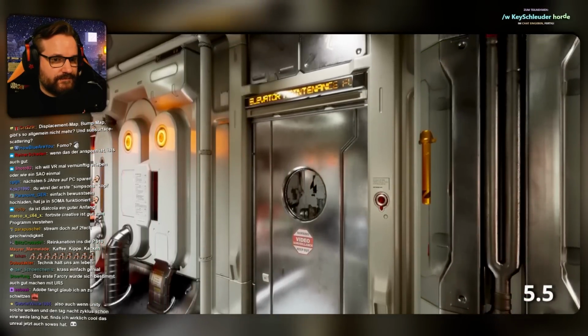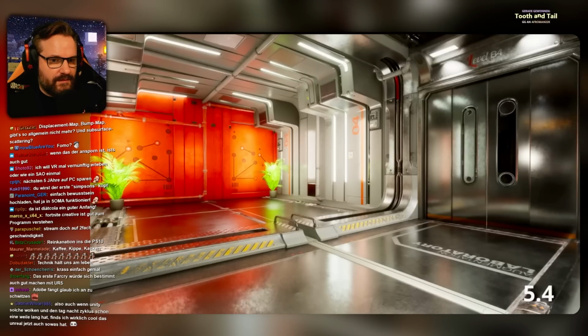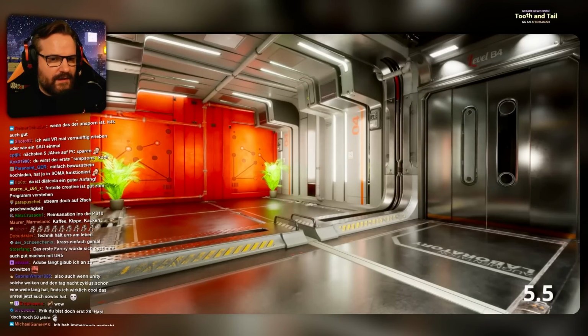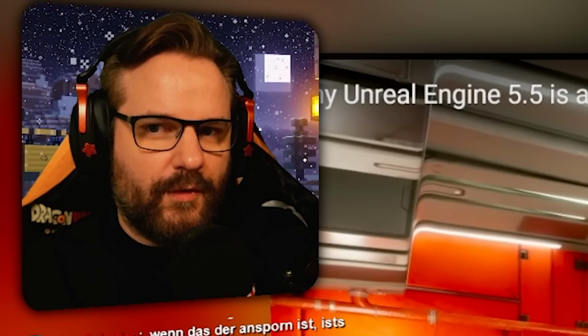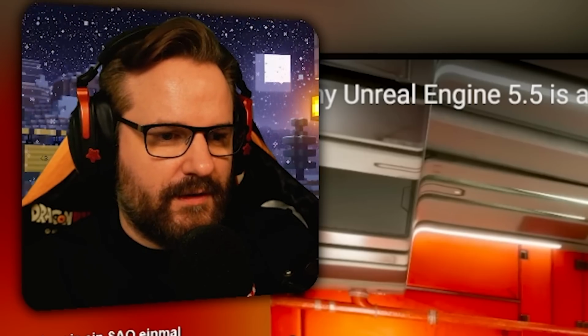Previously, when it came to metal surfaces, the reflections can look really noisy. Now in UE 5.5, that noise has been